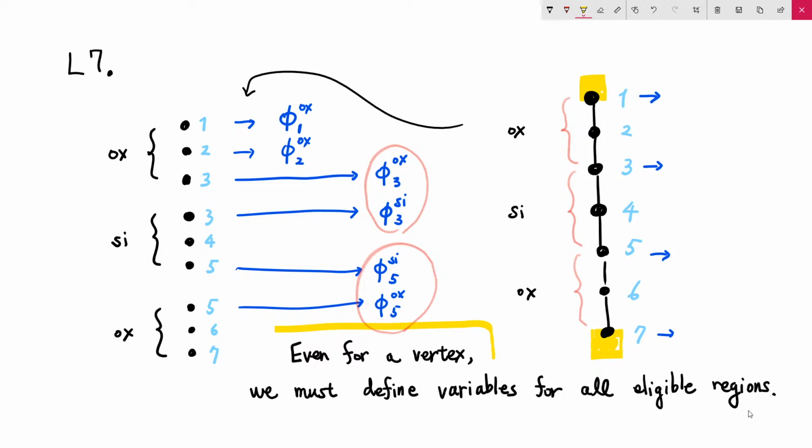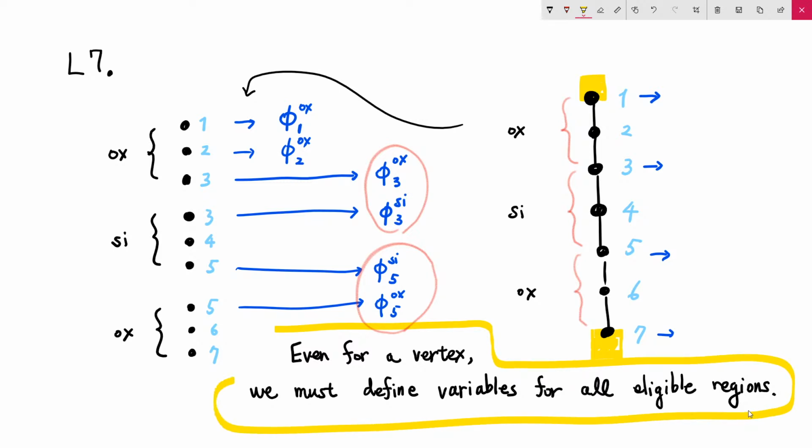So even for a single vertex, we have to introduce multiple variables if some multiple regions are eligible to have that material or that unknown variable. Okay, so